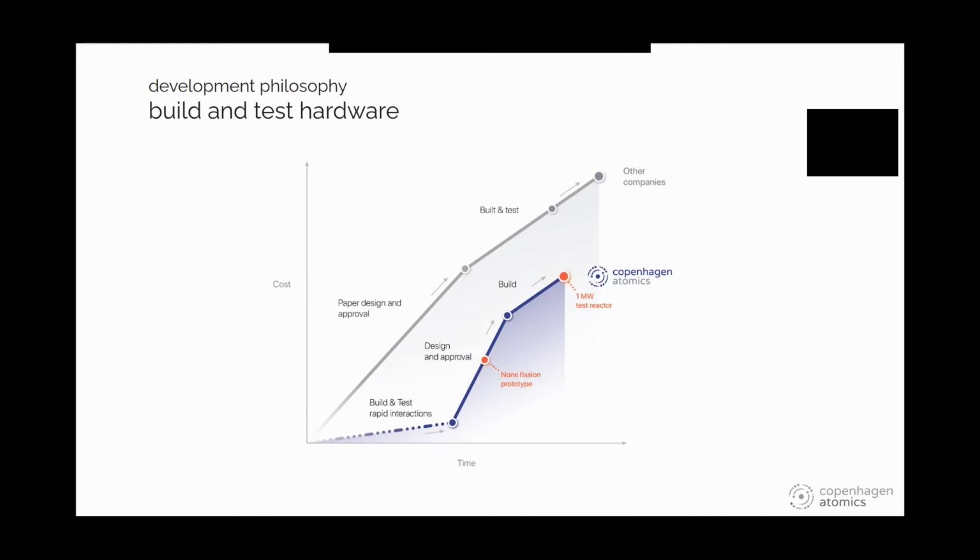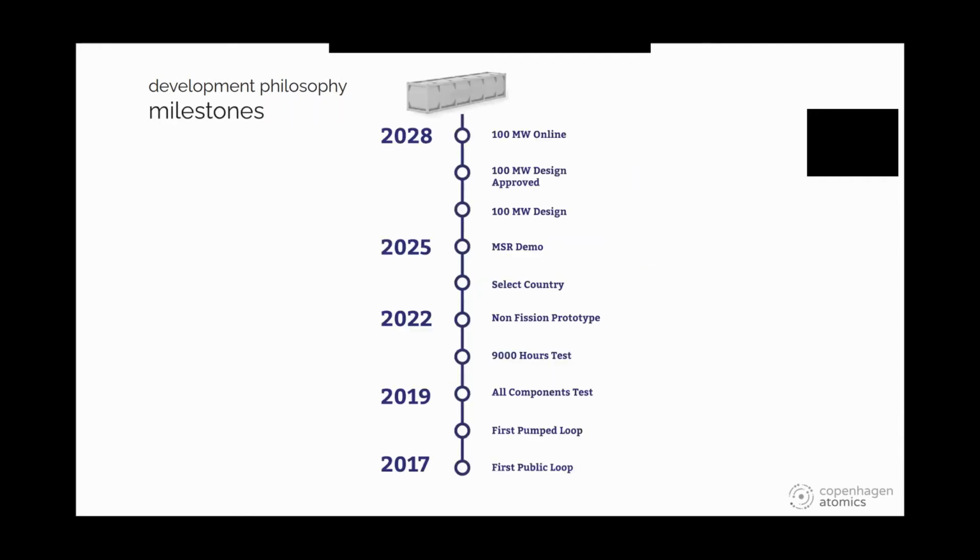And we see this as an approach where we can move faster in the beginning and test all the components with inexpensive stainless steels and inexpensive salts before we ever get to any nuclear part, where we have to involve regulators, and where any change or the thing that we have to alter becomes very expensive. So that's the road we're on. And earlier this year, we then got a fair amount of funding to build a non-fission prototype for the next coming 2 years. And so if we look at a timeline,